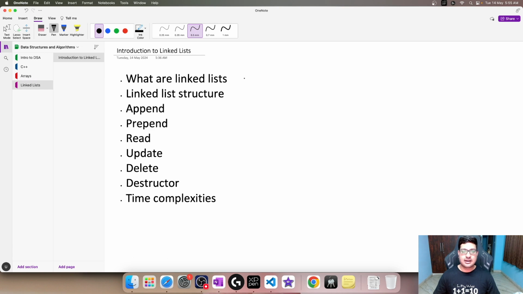Linked lists are another type of linear data structure, just like arrays, which means there is a connection between the elements. And arrays had fixed memory, right? This is having dynamic memory, which means we can expand or contract a linked list to any size. Okay. And another point is the